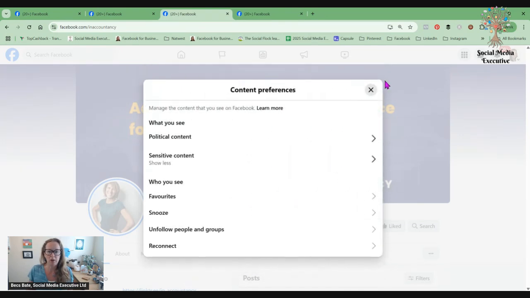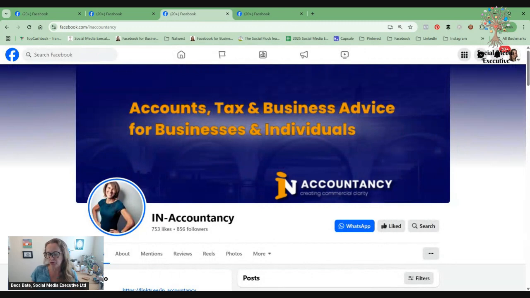So that is a brilliant way of cleaning up your newsfeed on Facebook so that you stop seeing irrelevant stuff